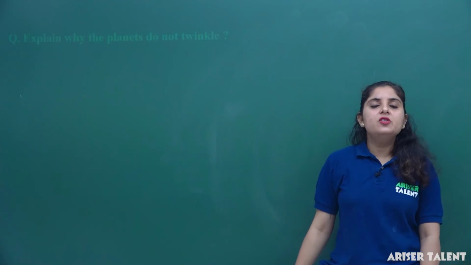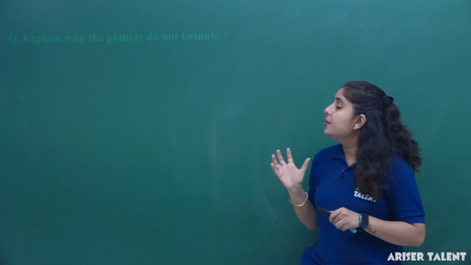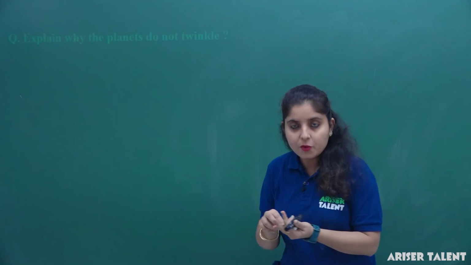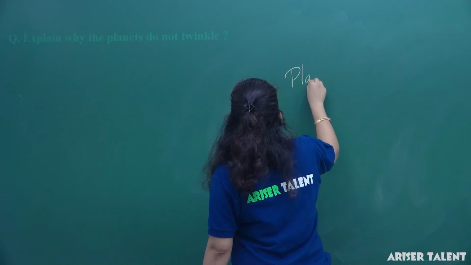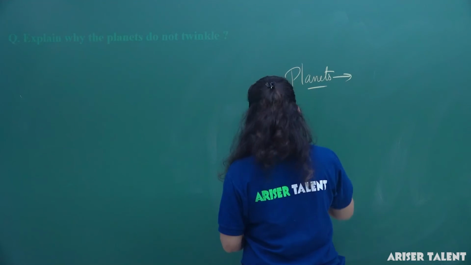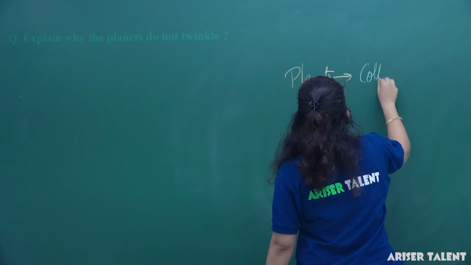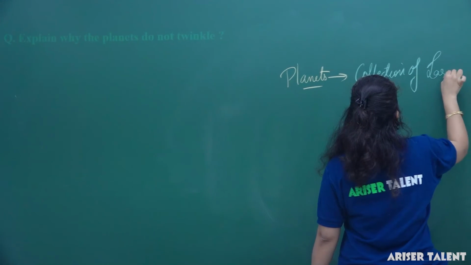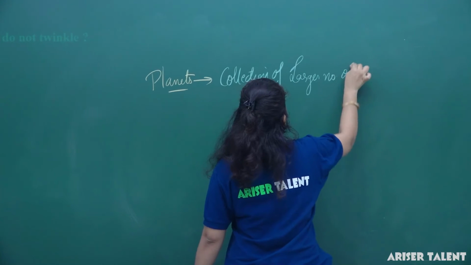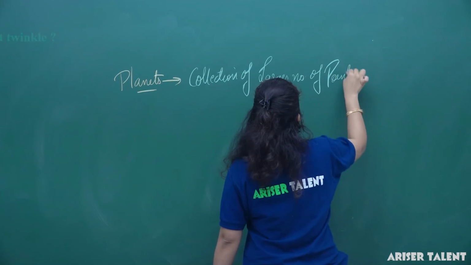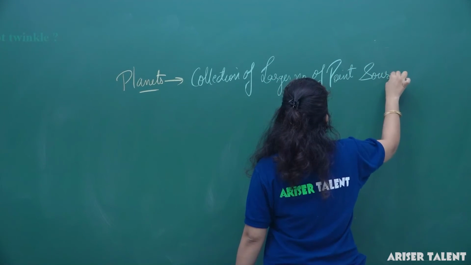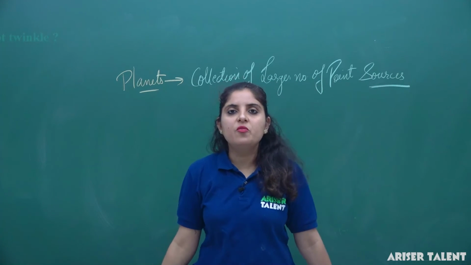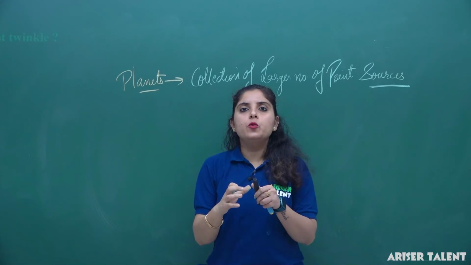Actually, the planets do not twinkle because the planets are assumed to be a collection of a large number of point sources. If a planet is a collection of a large number of point sources, and you average the intensity of light from all these point sources,